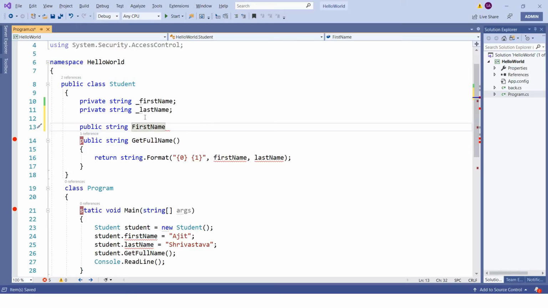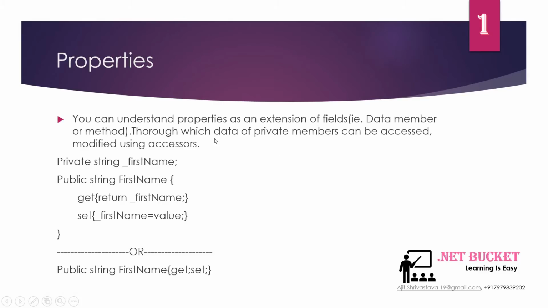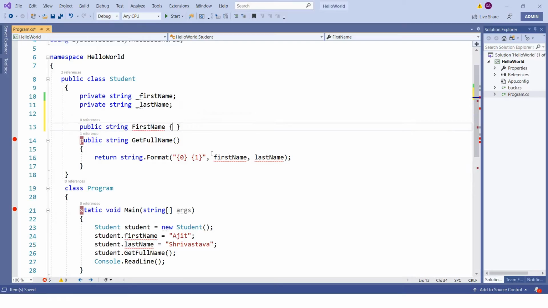To have a property, if you see the definition, it suggests that data of private members can be accessed and modified using accessors. So a property will have nothing but accessors. There are two kinds of accessors: one we call a getter, another we call a setter. The getter is used to get the value, and the setter is used to set the value.